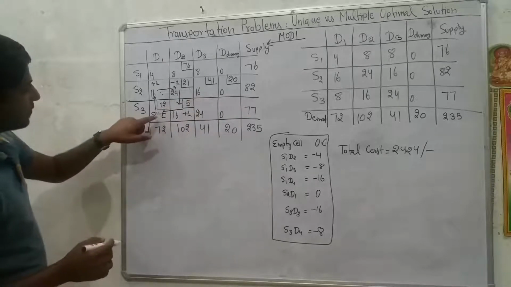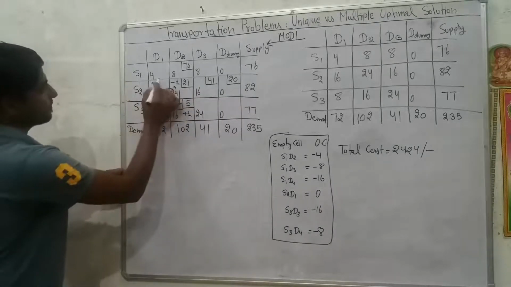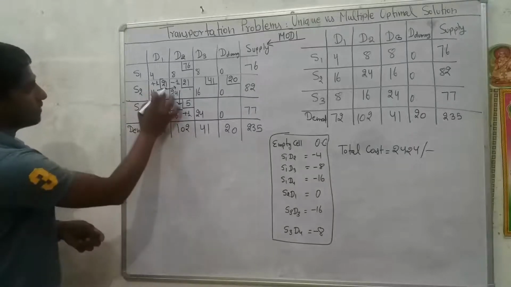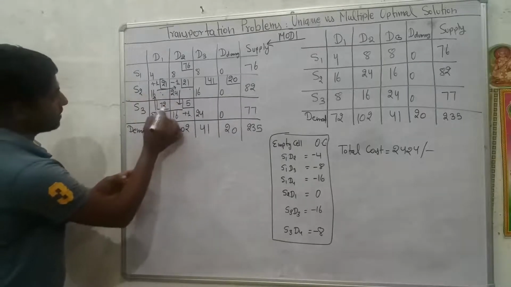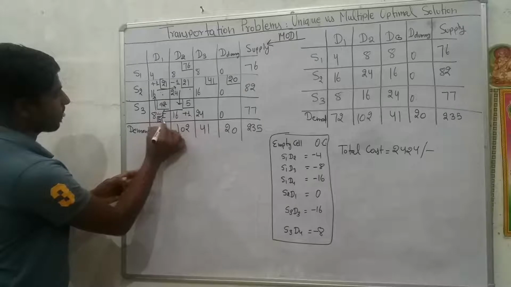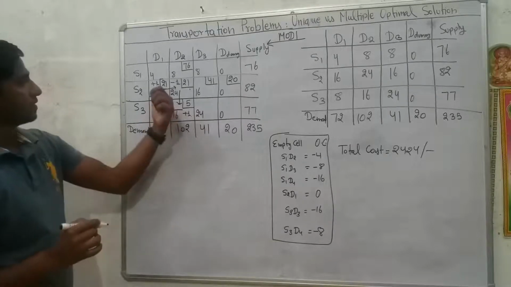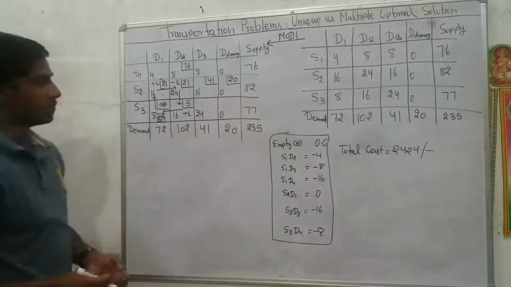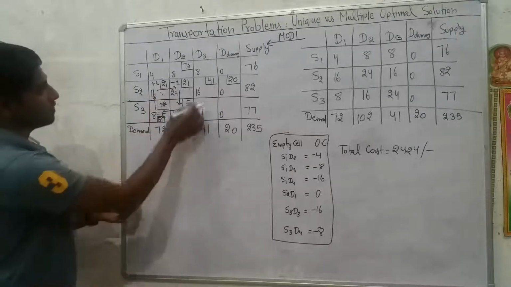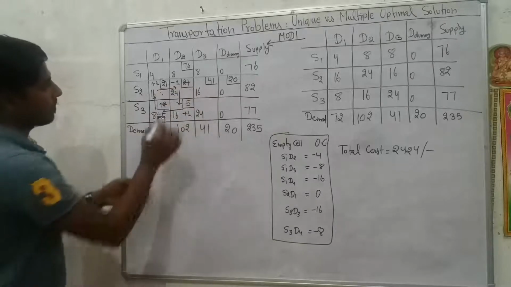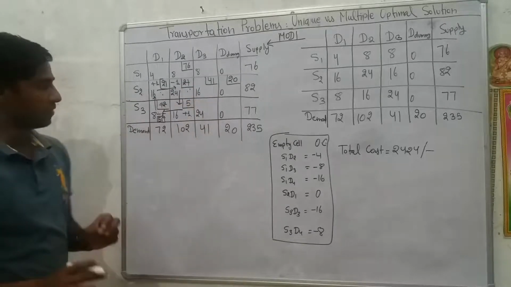If we are transferring 21 units from this cell to this one, it means we are transferring 21 units from this cell to the empty cell, that is S2D1, 21 units. And what would be the remaining amount at this particular cell? It would be equal to 51. To balance out the rim requirements, because we cannot exceed the supply requirement of 82 units, we need to take away 21 units from this particular cell. So after taking away 21 units from this cell, the actual amount would be equal to 0 units.